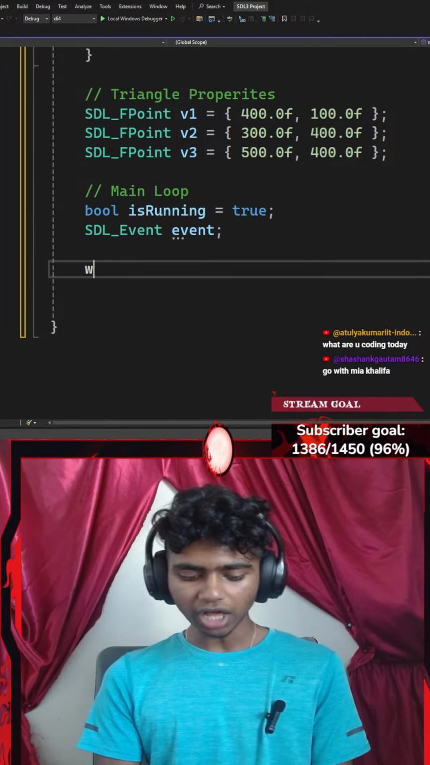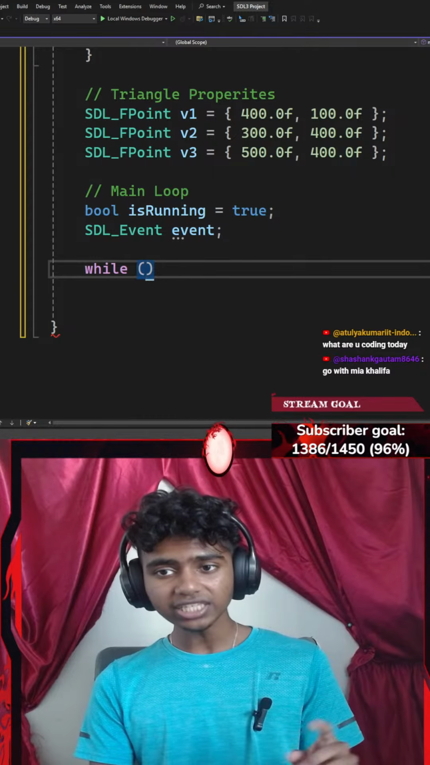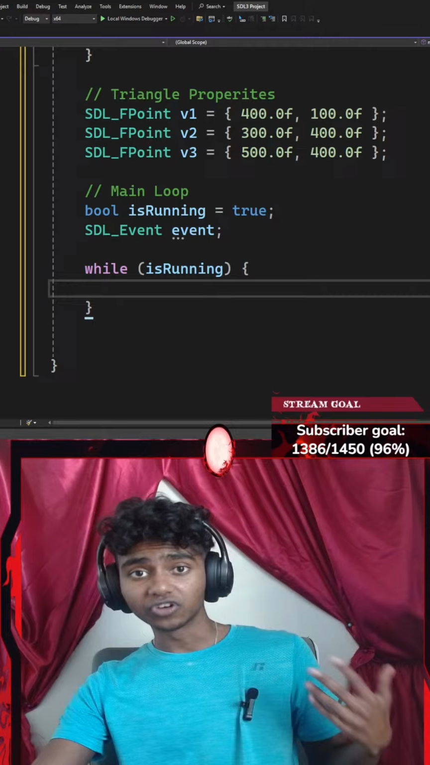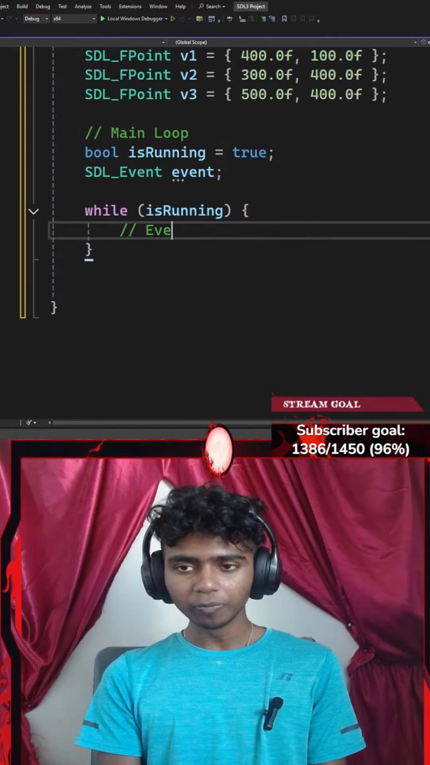Now let's go ahead and add a while loop. So I'll go with something like while, a pair of parentheses. I'll go with something like while is running, I'm going to do something. I'll go with a pair of curly braces, and then inside my while loop, I'll go with something like an